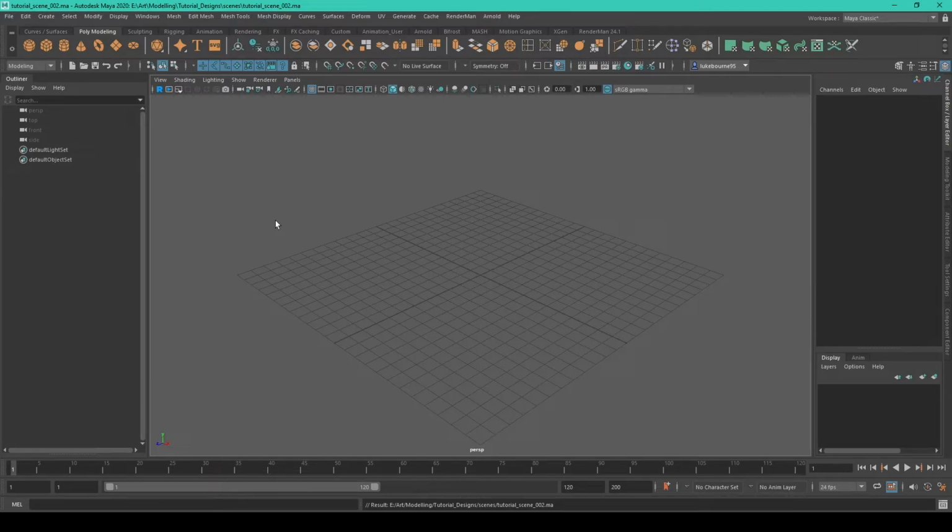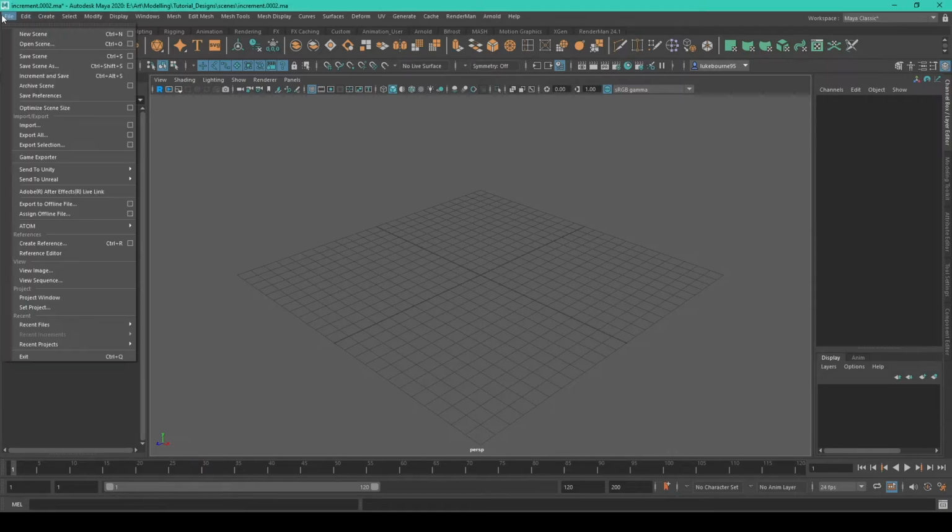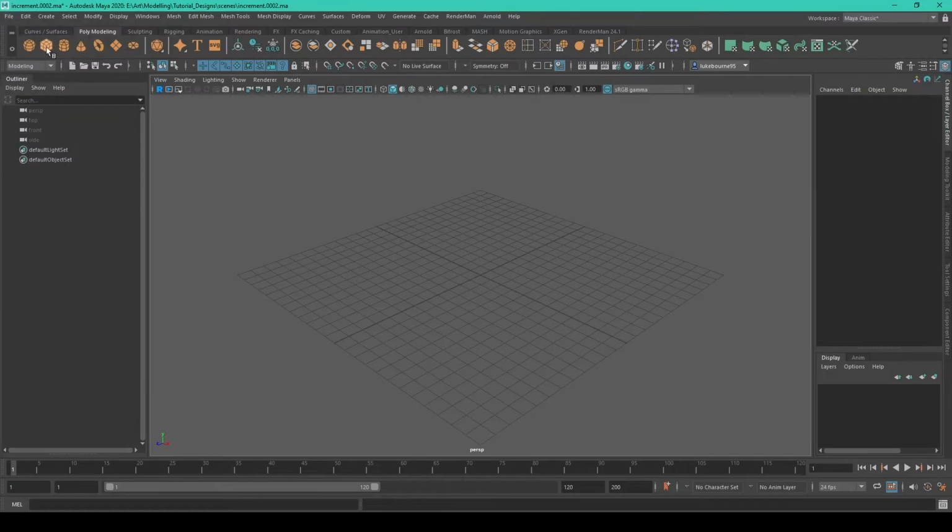Manually incrementing and saving is the way that I like to save my work, just because I'm a little bit pedantic about file naming. But if you're not pedantic about file naming and you just want a slightly quicker way to make new scenes, you can go to File, Increment and Save. To show you this in action, I'm just going to